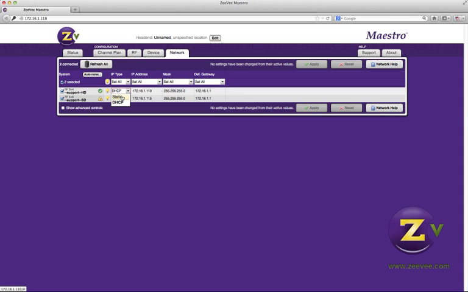set it to static, and then simply enter the IP address, the mask, and the gateway that you want to use. It's important to note that if you change the IP address and it is outside of what your computer network is on, you will no longer be able to communicate with the unit. You may have to reset the unit to factory defaults through the front panel to be able to communicate to